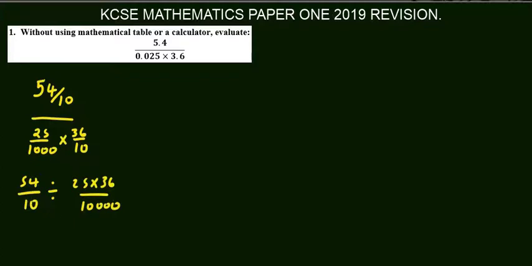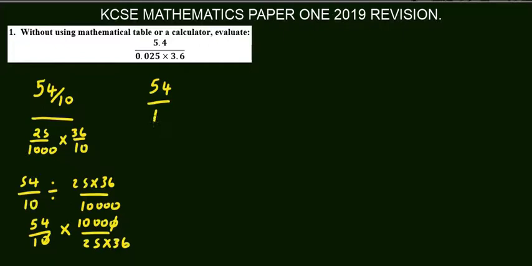So we can also express this as 54 over 10 times the reciprocal of the second part, which is 10,000 over 25 by 36. So here 10 goes into 10,000 1,000 times. So we will have 54